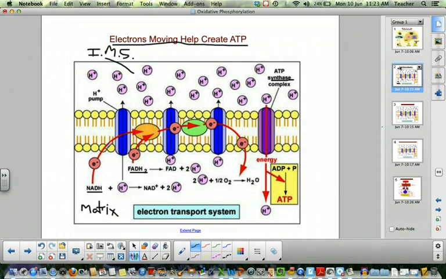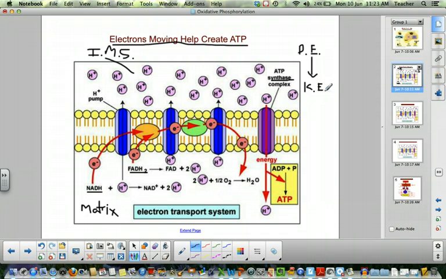Now, as the electrons move through the electron transport chain, their potential energy stored in high energy electrons is converted into kinetic energy by pumping